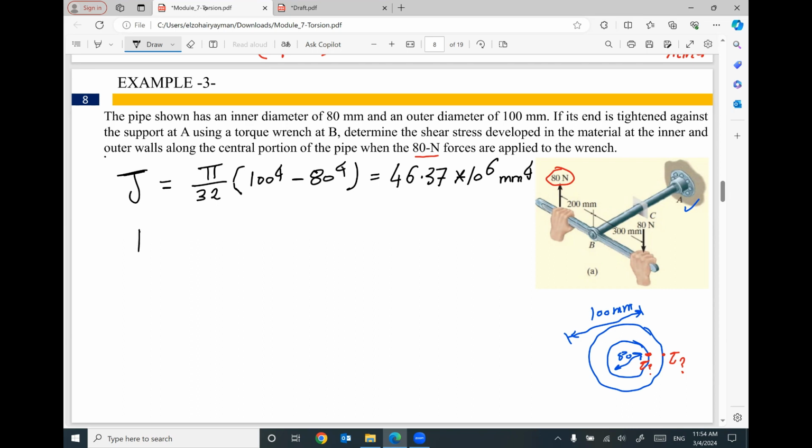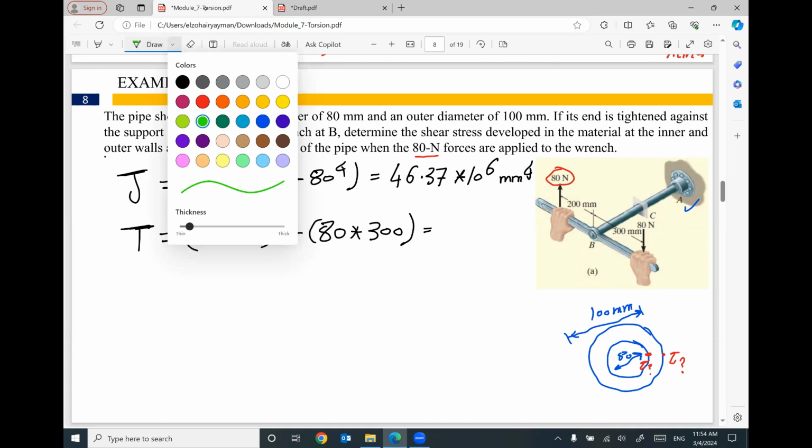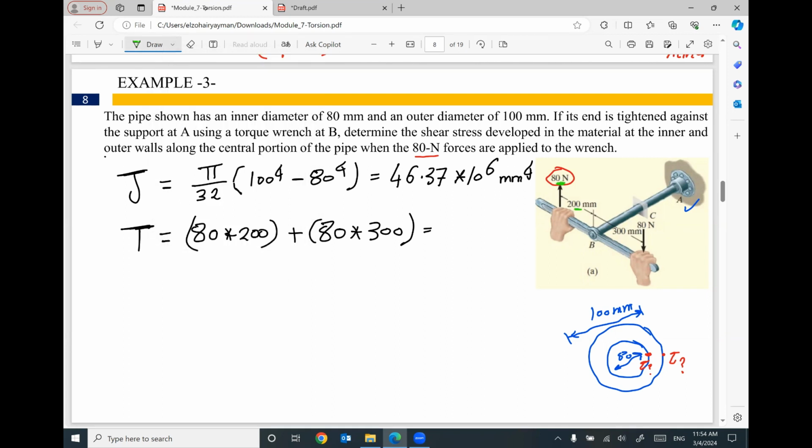Okay. What is the applied torque? The applied torque from this wrench equals 80 Newton times 200 plus 80 Newton times 300. Keep in your mind, this 80 Newton times this distance will cause torque this way. This 80 Newton times this distance will cause torque in the same direction. So this is the reason why I added them together to give you the final torque at the end of this pipe. So the final torque will be 80 times,